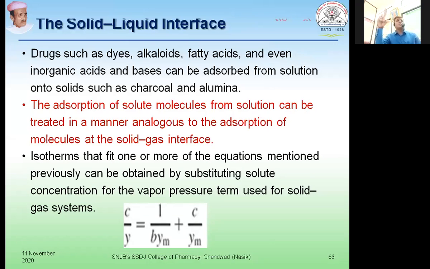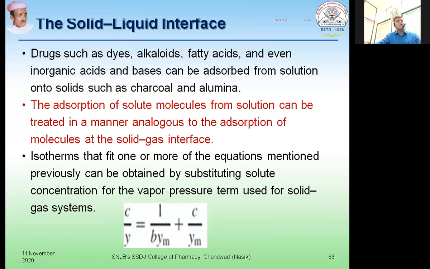Only the term which is replaced in the previous equation is the concentration term: substituting the solute concentration for the vapor pressure term which was used for the solid-gas system. So the equation used for understanding the relationship of the solute molecules from the solution that get adsorbed onto the given adsorbent